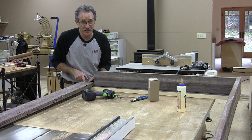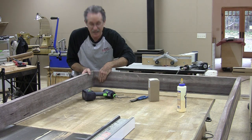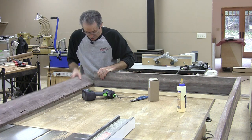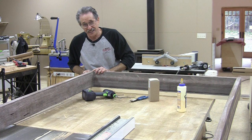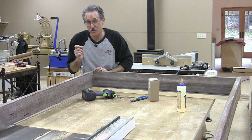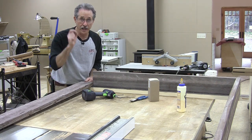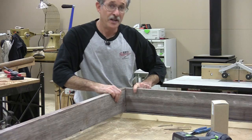I marked this line right here so it would be dead flush with the inside head of the jamb, because I want to register my hinge template off that line, right off the inside face of the head jamb. You know, I could have just held this together and marked it, but then when I go to throw the screws in, the leg might move a little bit or the head might move a little bit, and that line might not represent the exact face of the head jamb. And boy, I want it to, because when I mortise this thing for the hinges, I want to end up with an 1/8 of an inch head gap. I don't want it to be too tight, and I don't want it to be too loose. And another thing,